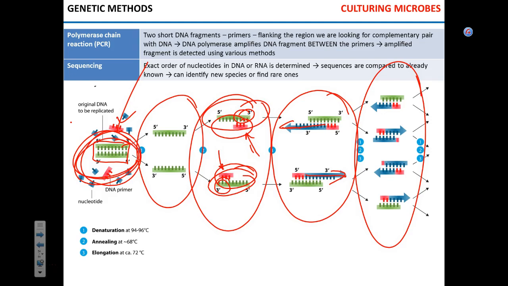After 20, you're going to have about 1 million copies of the original gene. After 45, it's like a trillion and a change, okay? Like 500 trillion copies. So basically, you can amplify one fragment of the DNA a trillion times and then detect it. You can't detect just one little copy, but you can detect a trillion little copies. Okay? So this is an extremely powerful, extremely specific, extremely sensitive tool.